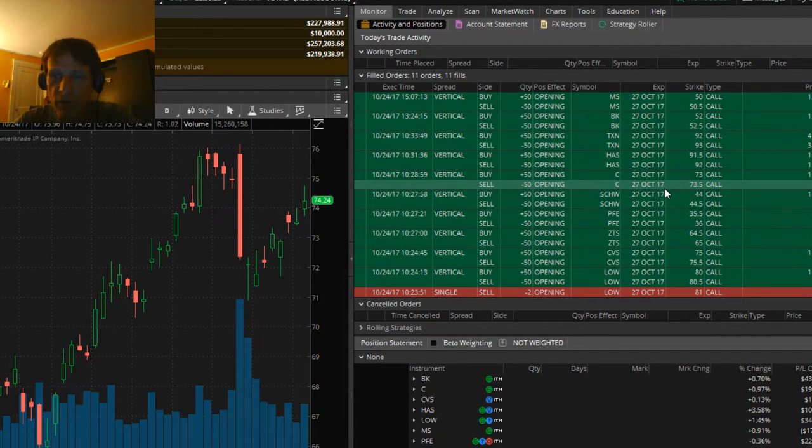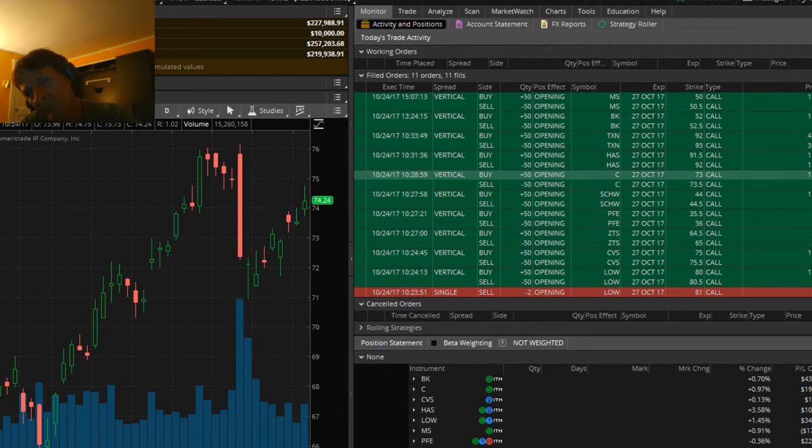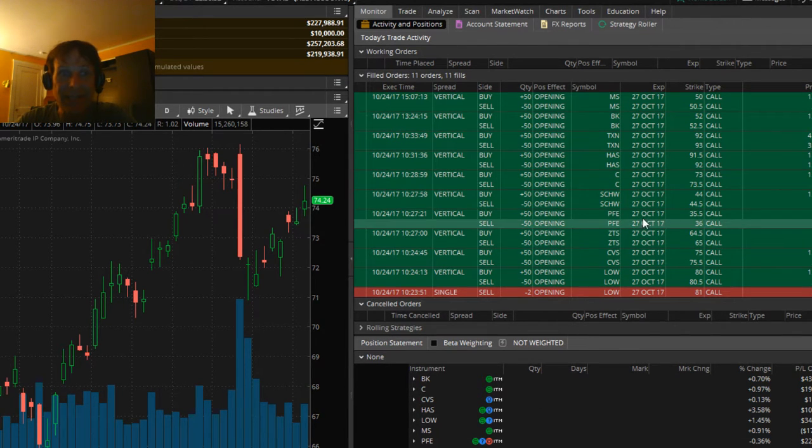And what did we pay for C? We paid 36 cents, so we're going to get, see, at 40 cents, it would be a 25% return on profit. So at 36, that means it's going to be a little bit more. So it'll be somewhere in the 30s. So we'll get a 30% return on that one. All right, that is Citigroup.